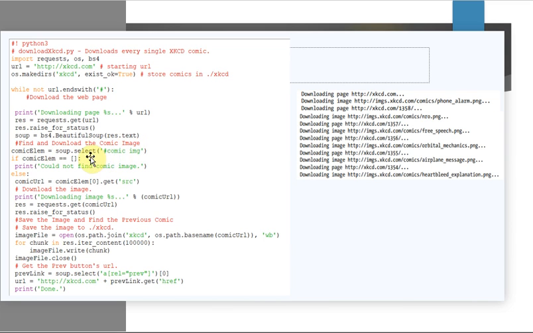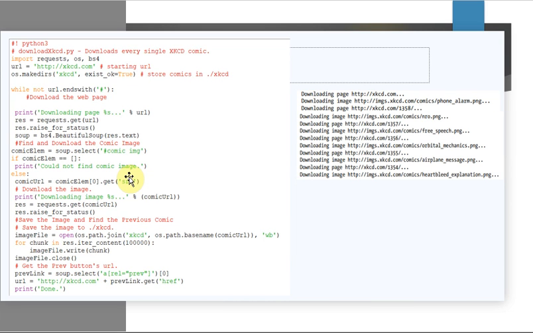Okay, so if you don't have any matching content here, that is, nothing matching comic image, then in that case the Beautiful Soup object is going to return a blank list. That is, if comic element is equal to a blank list, then you print could not find the comic image.